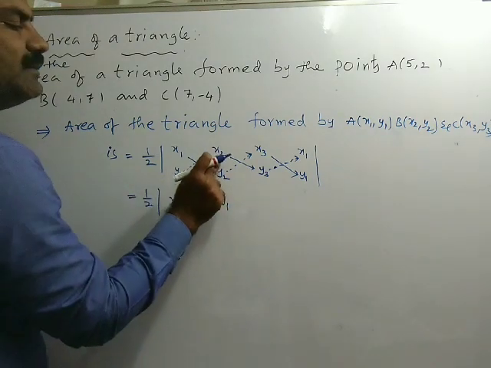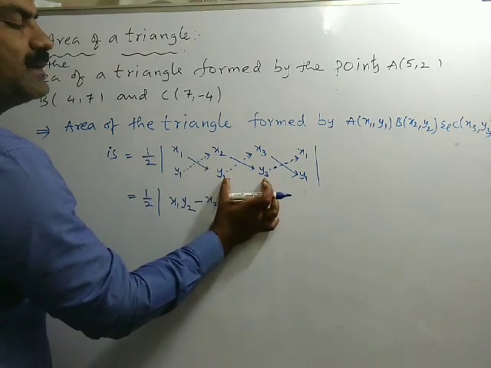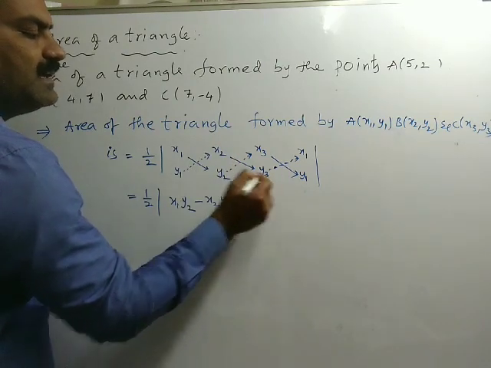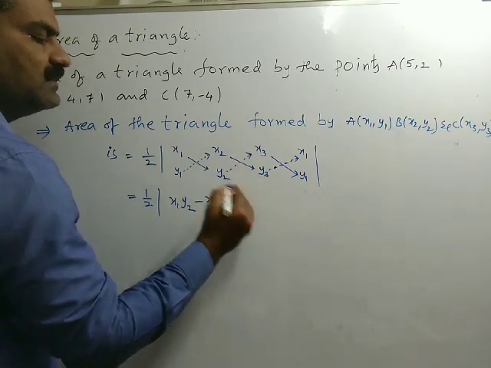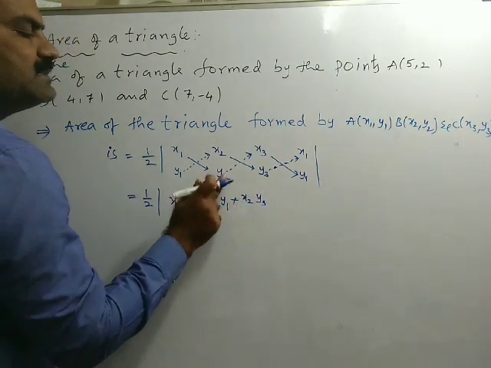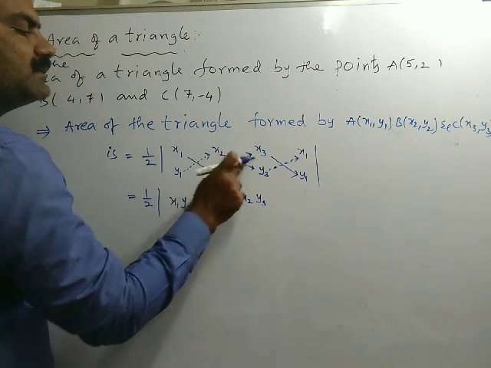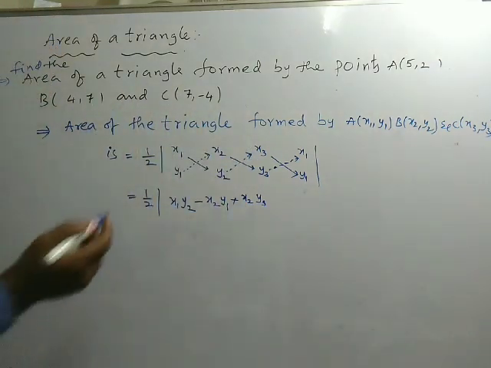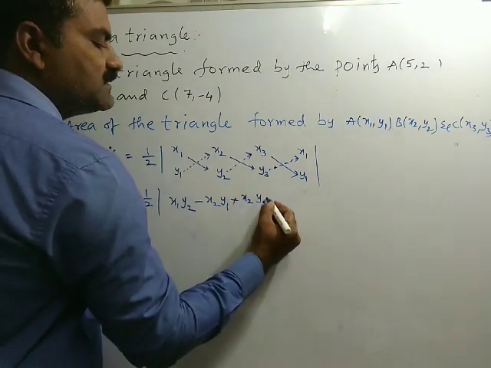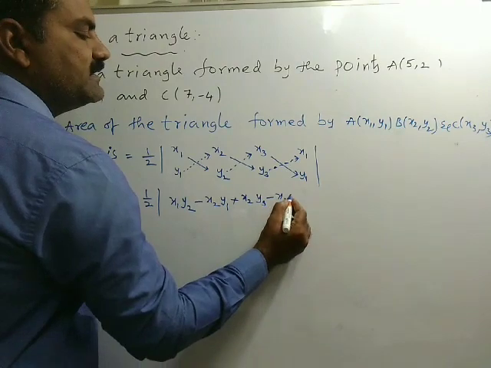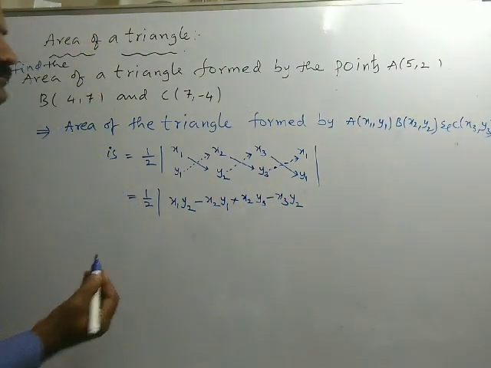Okay, now coming to the next part, this is the part where we need to simplify. So this arrow is a regular arrow, no? Just multiply as it is, that is plus x2 into y3. Whereas this product, while we are multiplying the things which are under the dotted arrow, we need to take the sign as minus, and the product of these two is nothing but x3 into y2.